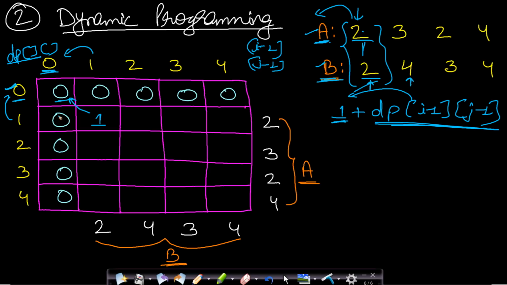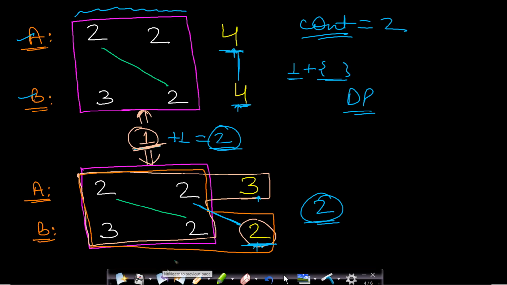So moving on to the second column, this one indicates that you are taking 2 elements from B and you are just taking 1 element from A because this is the first row only. So in this case you can see that this will only have a maximum of 1 uncrossed line, since you are just taking 1 element from A. Now you see if 4 is equal to 2, you can see that they are not equal. So the second case also I have already explained.